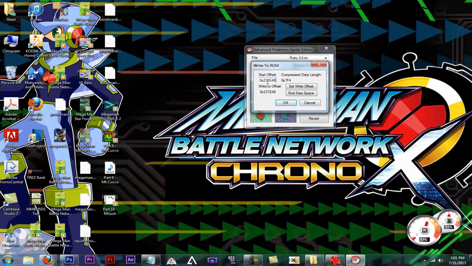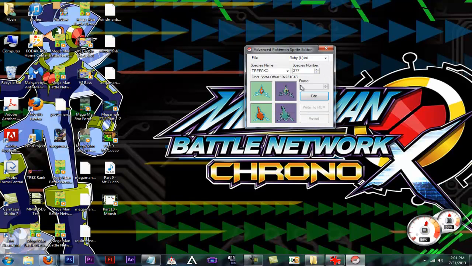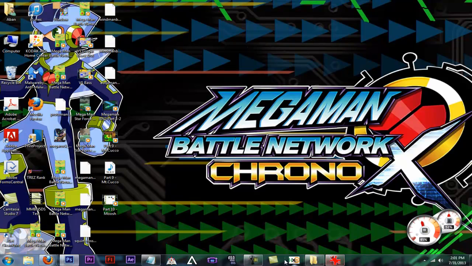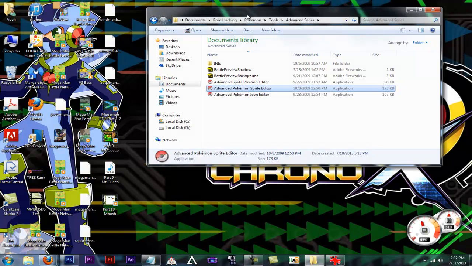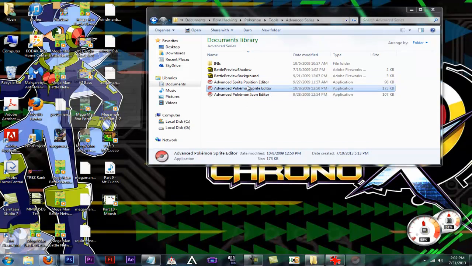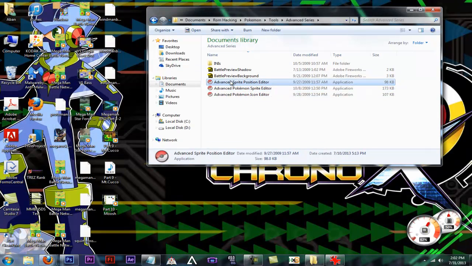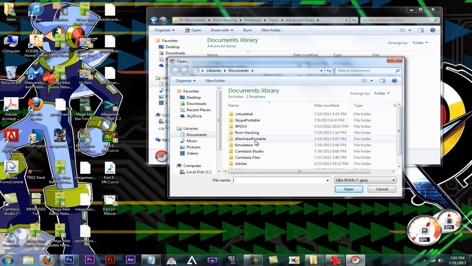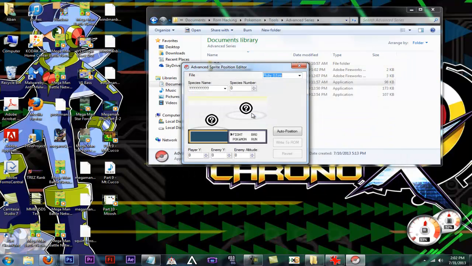Now, make sure that you do not, and I mean do not, go ahead and change and have the front sprite be red and the back sprite be blue, because then that wouldn't be good. Then the ROM won't be able to put the images together, because when you put a front and back sprite, they're back to back. But now you want to go open up Advanced Sprite Position Editor, just so you could